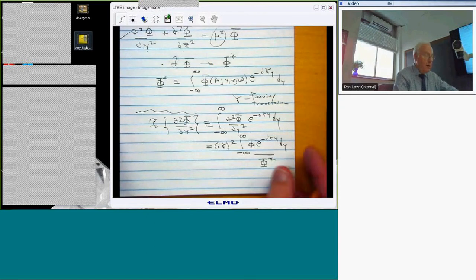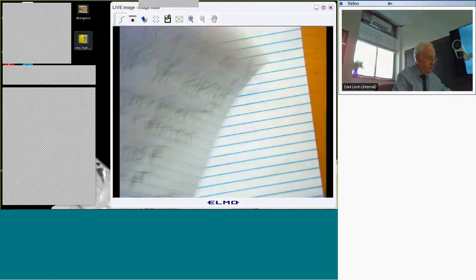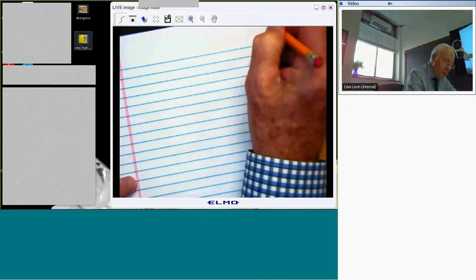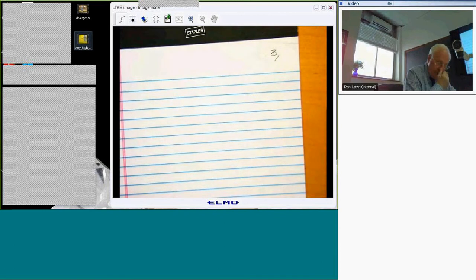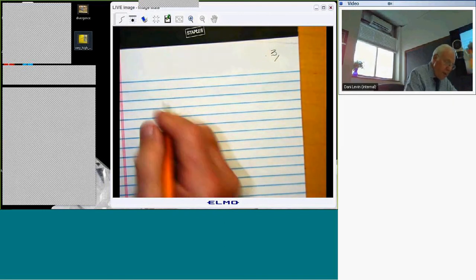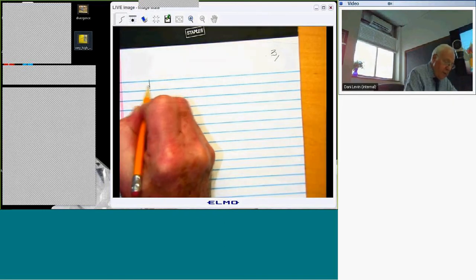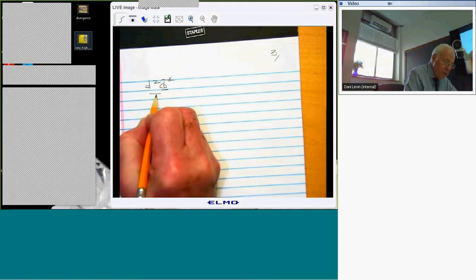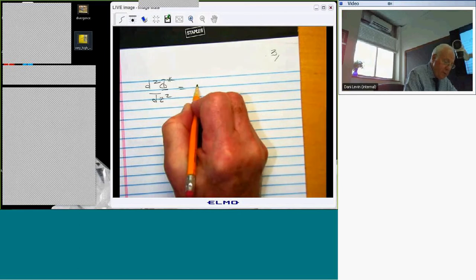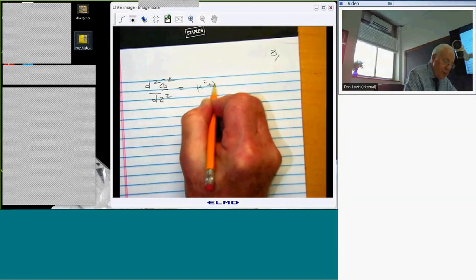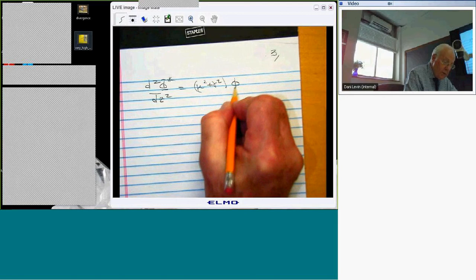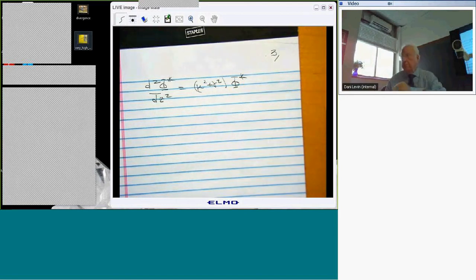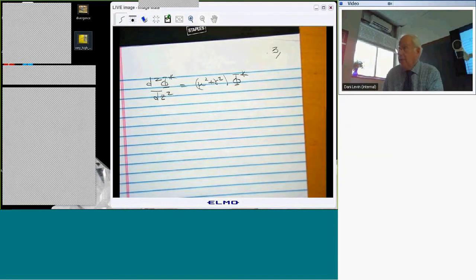And so now I have an ordinary derivative of phi star with respect to z equals mu squared plus gamma squared times phi star. So this looks in transform space just like the equation I had before, more or less. Except now when I do the inverse,